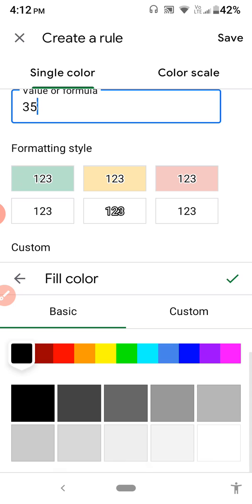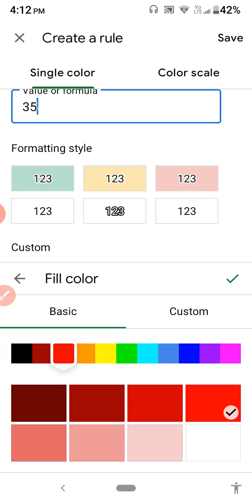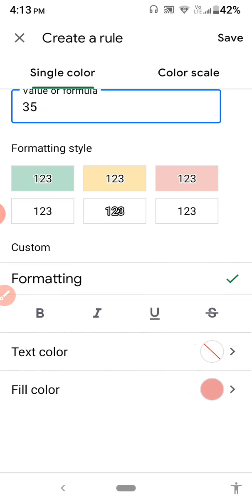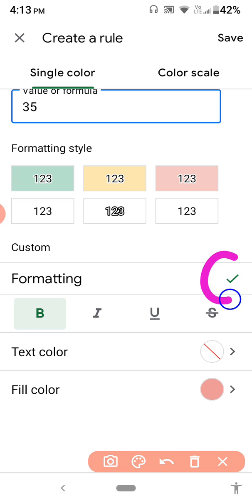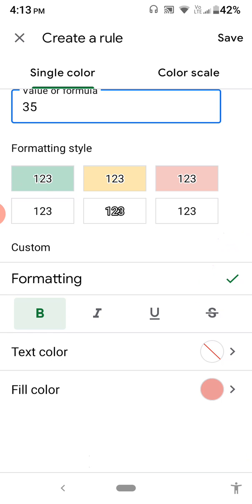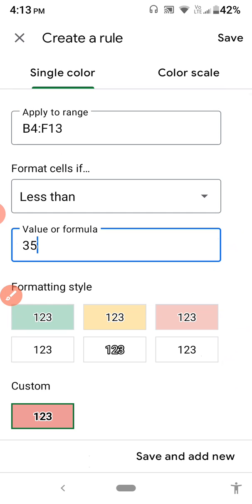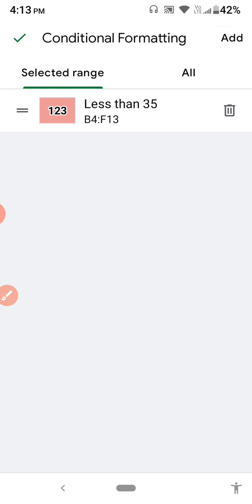So let me change the fill color to a little reddish one, or let me take it pinkish itself. So that happens. Then I can make it bold also. The letters, the alphabets, or the numbers will be bold. Now click on the tick option here. Okay. Now click save and click on